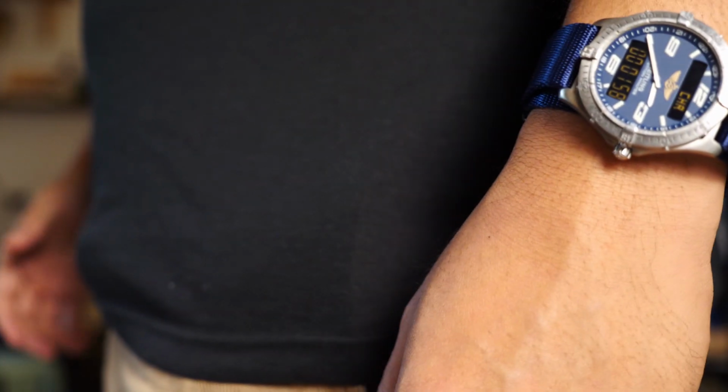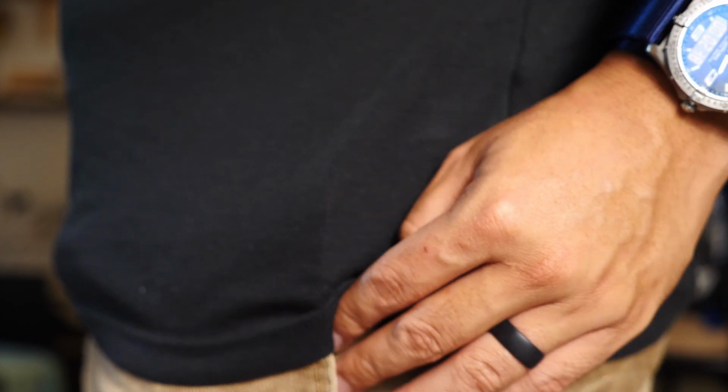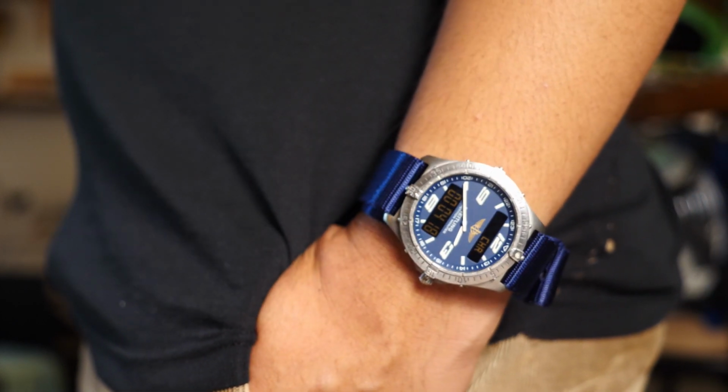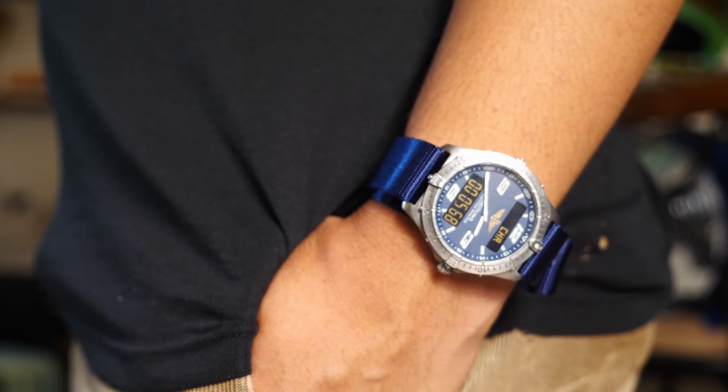Plus it's titanium, it's super light. Sometimes I play basketball with this watch. I just think it looked badass with this blue leather strap and also the blue face, right? I really like the hands on it. I'm not too big of a fan of G-Shocks, even though I have one right here,